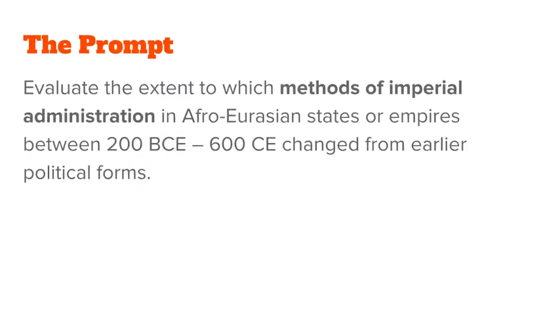The first is that this is a change and continuity over time essay. We have that evaluate extent to which language in the prompt. We also clearly have the word changed. So that tells us that should be the focus here. Afro-Eurasian states or empires between 200 BCE and 600 CE places us in time period 2, but does give us